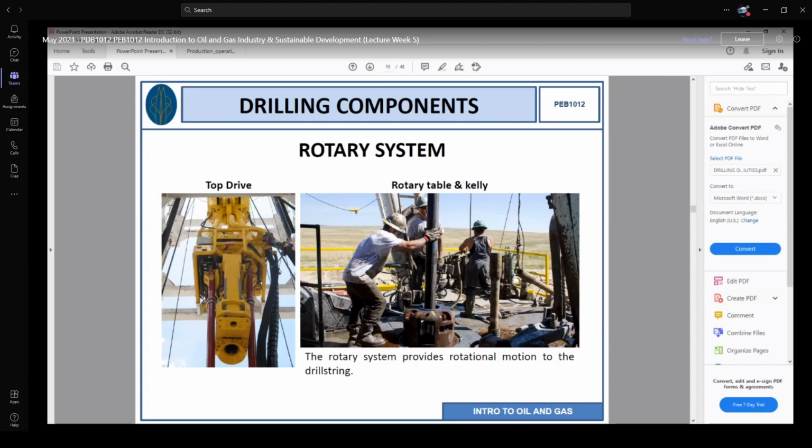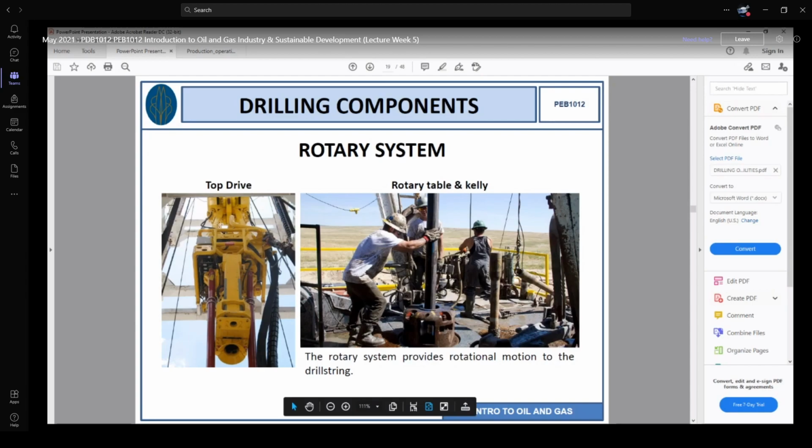Then the Kelly bushing mechanically transfers the rotation to the master bushing, and the master bushing transfers the rotation to this hexagonal or square shaped Kelly, which is a metal rod, right? Below it, the drill pipe is connected, so it rotates the drill pipe, and through the drill pipe it goes down to the bit, and the bit finally rotates. Our whole drill string rotates, and the bit is going to cut the formation, right? Then we proceed further and hit the reservoir where the hydrocarbon exists.